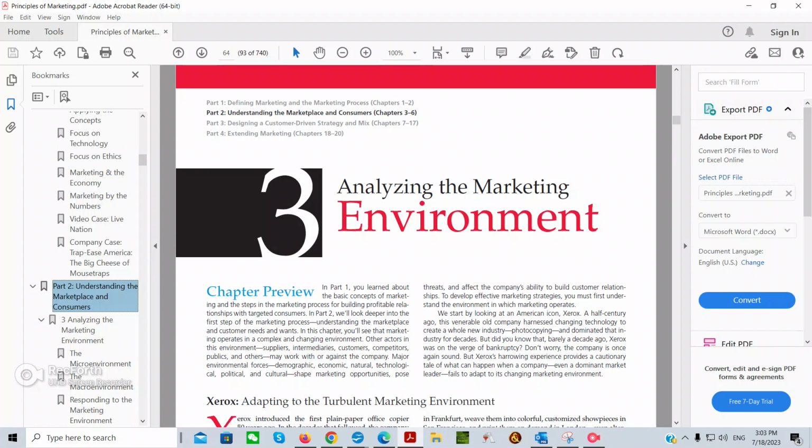Now, for this chapter, we're going to talk about analyzing the marketing environment. Okay, there's reasons for that. Number one, we need to understand it from an external, which is from a customer-centered point of view. We need to also understand it from a competitor's point of view. So basically, we need to understand it from opportunities, which is customers, and threats from your competitor's point of view.